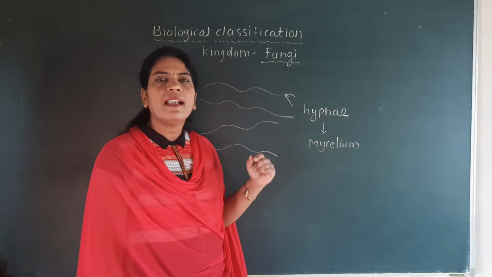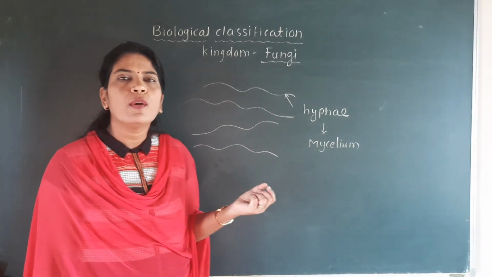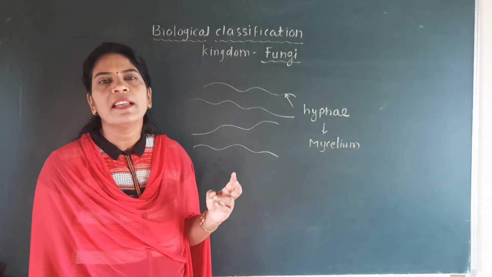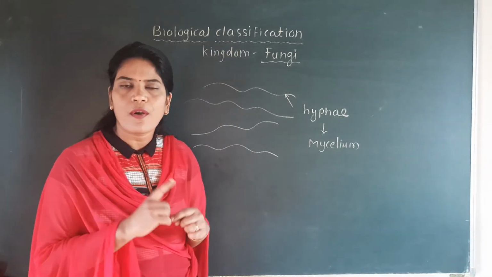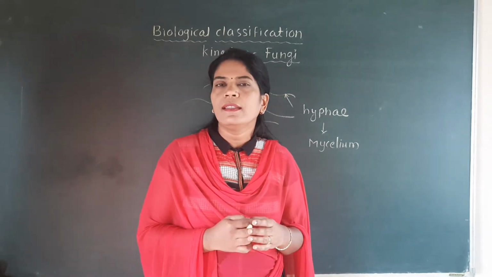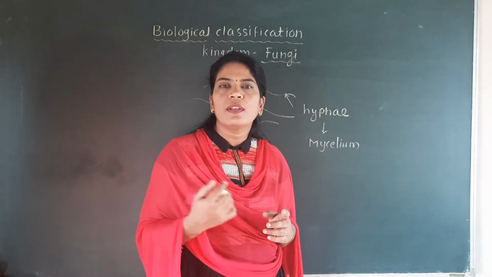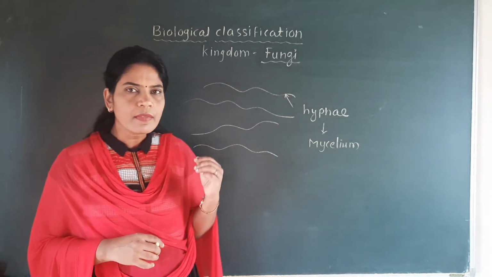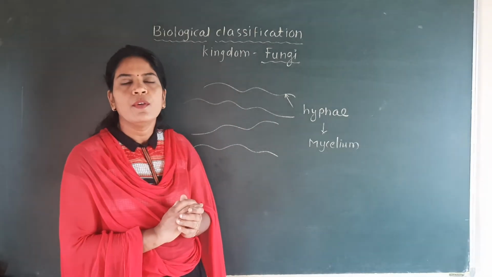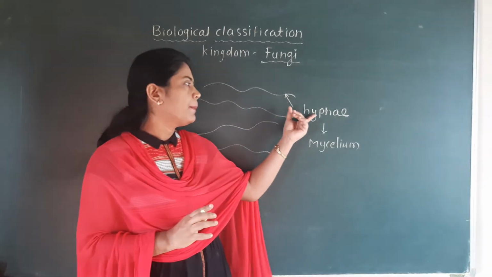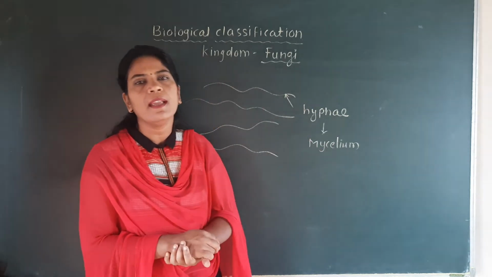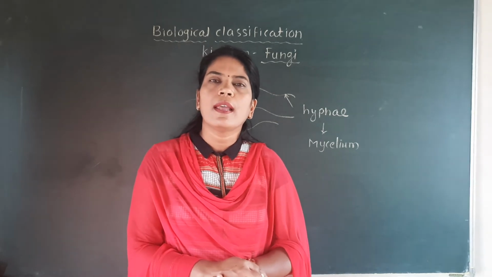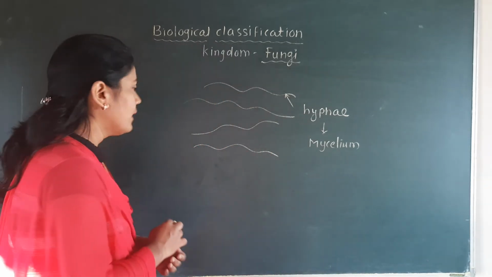Inside that hyphae you will find one or more nuclei. A cell-like structure is present inside this hyphae. So the hyphae's outer covering is called the cell wall, and inside the hyphae one or more nucleated structures are present. All the material that we find in a cell is present inside this hyphae. So make it clear about the hyphae and how it forms the mycelium. Now we'll discuss the two types of hyphae, cenocytic hyphae and septate hyphae.